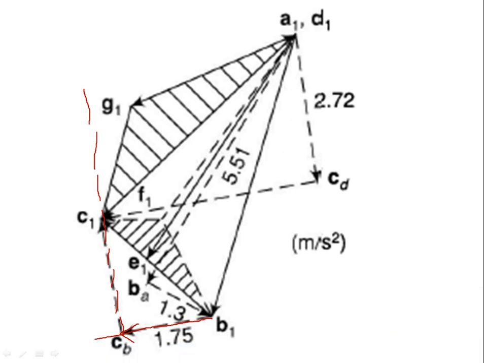Okay, so B1 to CB is just parallel to BC with a 1.75 value. Then from CB to C1 you don't know the magnitude, but you know the direction. It is just perpendicular to B1 CB, or directly perpendicular to BC. Just draw a line and keep it as it is, just extend this line. Now keep it as it is. You don't know how to join B1 to C1 yet, so just leave it for now.